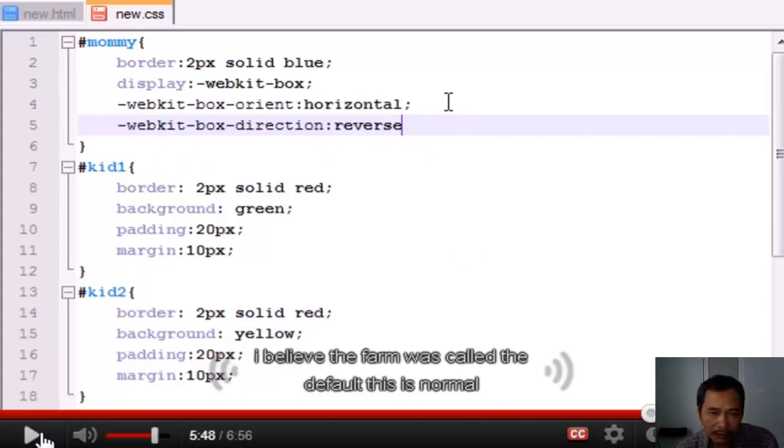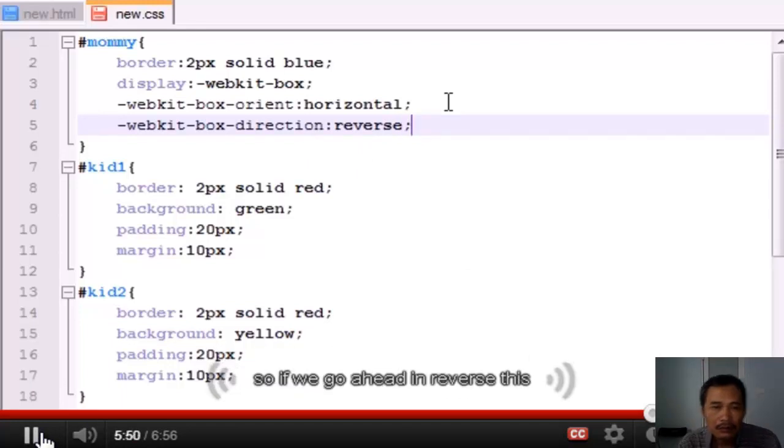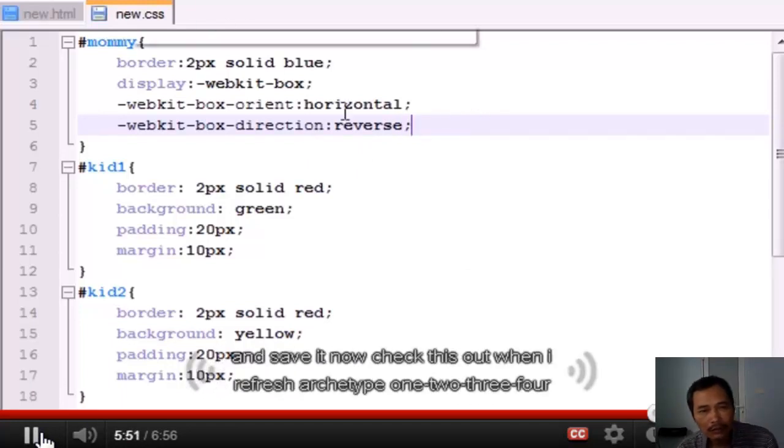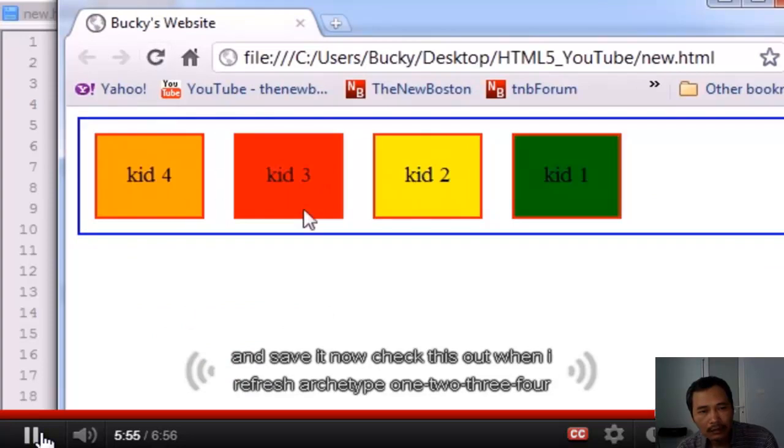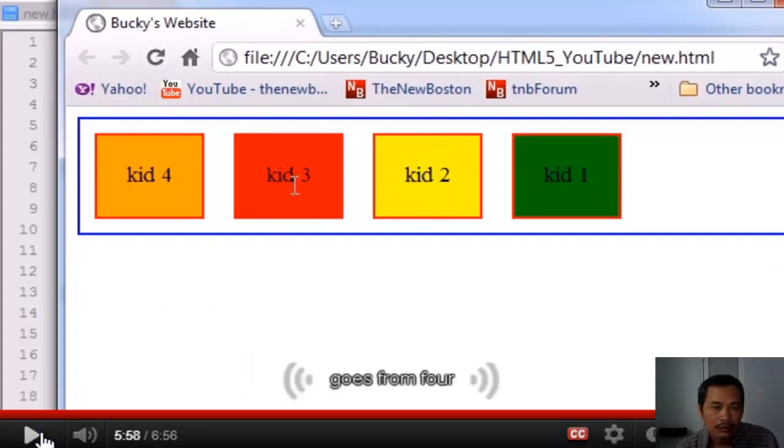This is normal. So if we go ahead and reverse this and save it, now check this out. When I refresh, our kid 1, 2, 3, 4 goes from 4,